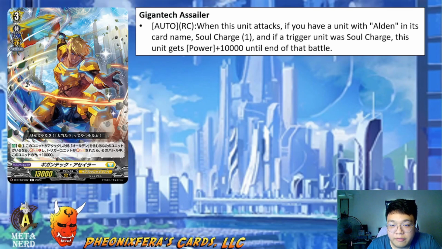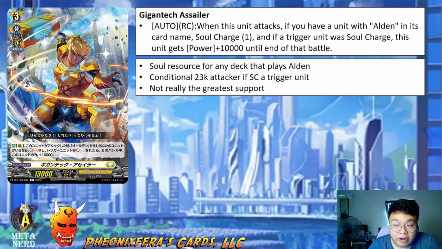When this unit attacks, if you have a unit with Alden in its card name, soul charge 1, and if a trigger unit was soul charged, this unit gets 10k power until the end of that battle. So it's basically like a card that gives soul for any deck that plays Alden, because it only says if you have a unit with Alden in its card name. So technically any Cray Sanctuary deck is able to take advantage of this card, provided of course you are playing